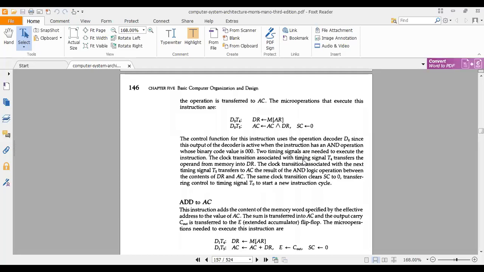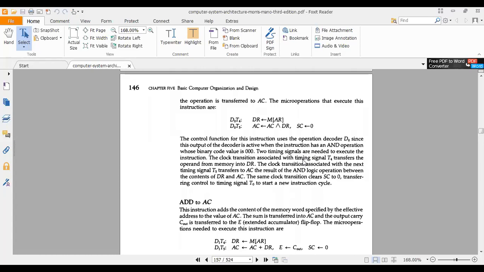Now before the operation, that data must be at the data register. If you don't bring the data to the data register, then when the operation happens, by default the add operation uses the content of the data register and the content of the accumulator. If you do not bring the data to the data register, the previous data in DR will be added and ANDed with the data in your accumulator. That means you are getting an erroneous result. To avoid that problem, you have to bring the data from the memory locations to the data register first.